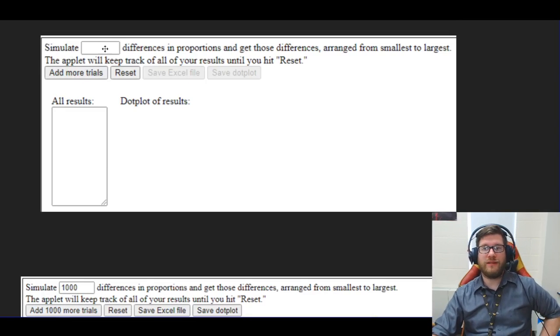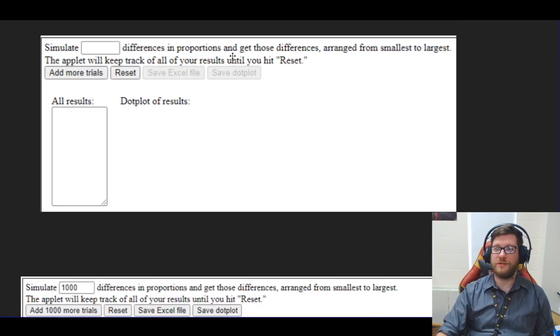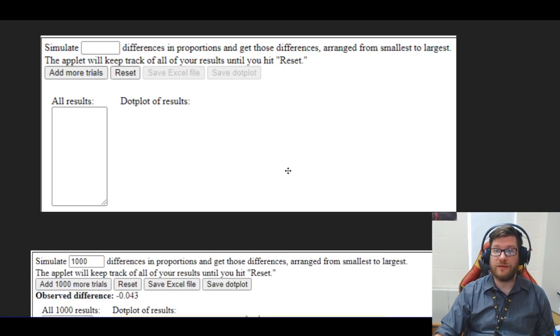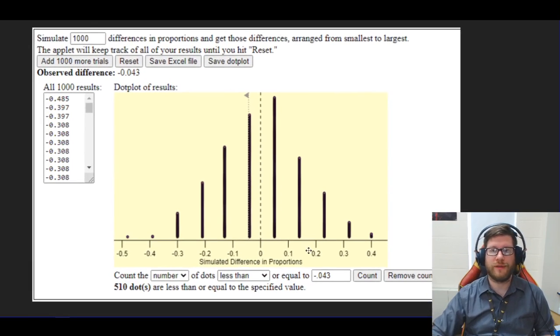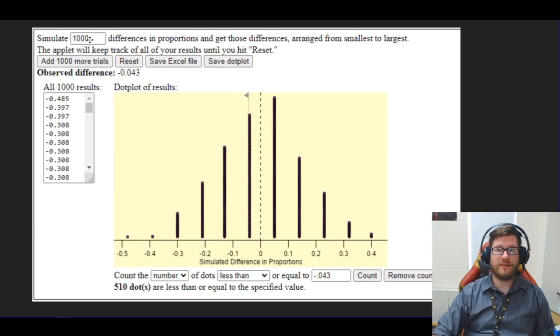It'll say simulate some number of differences in proportions and get the differences arranged from smallest to largest. This thing will keep track of all your results until you hit reset, so you can do a bunch. I chose 1,000 because 1,000 is generally a pretty nice number, and it's also a pretty big number when it comes to this sort of thing. You could easily tack on a couple zeros. It's up to you. So it ran 1,000 sort of seasons so far,